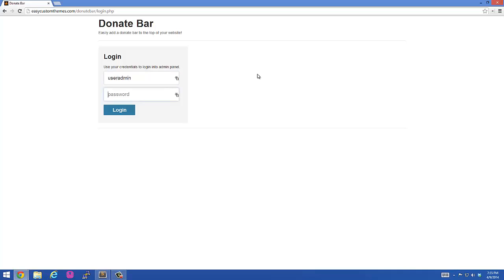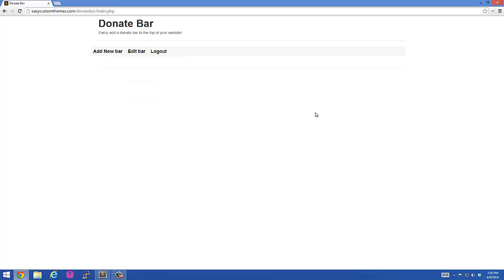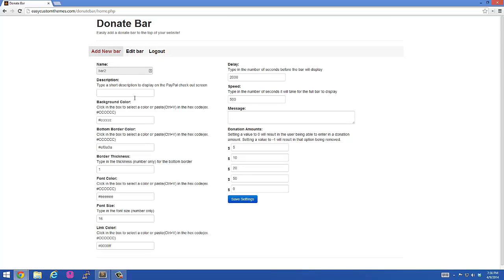And then the password is, put the password in, log in, and now you have an option of adding a new bar, editing a bar, or logging out. So if I click add new bar, because there's one default bar, there's a bar already there. I like to call it the default bar, just so that it's easier for you to see what's going on